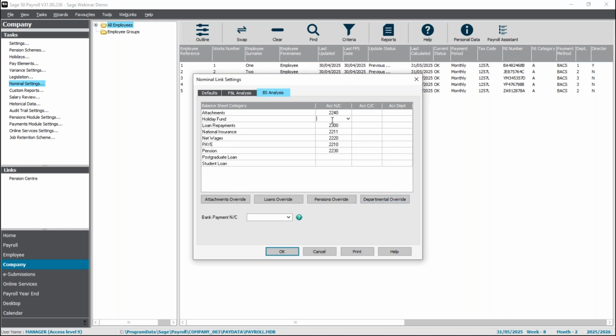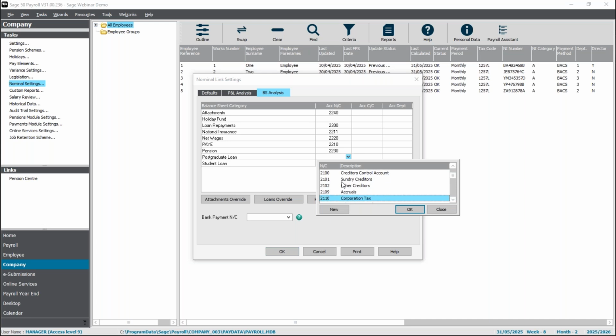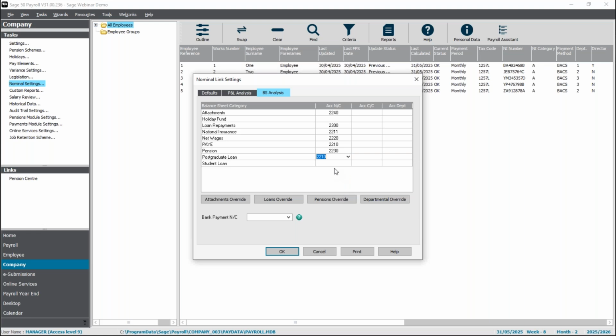I'm not using holiday fund at all in my payroll, so I'm going to leave that one blank. But I do have missing codes for postgraduate and student loans. And I'm actually going to post these to the same location as my PAYE. So it's 2210 and 2210. And then finally,